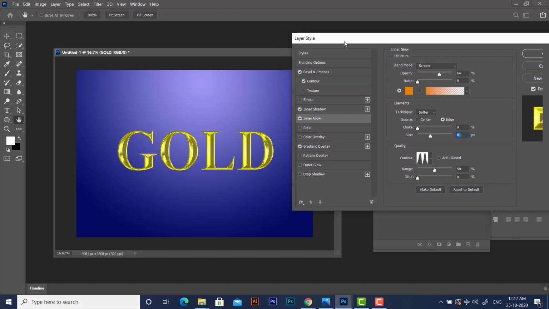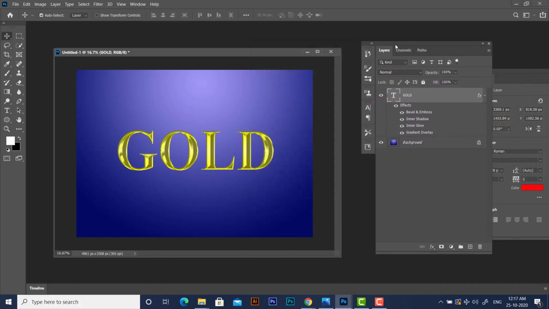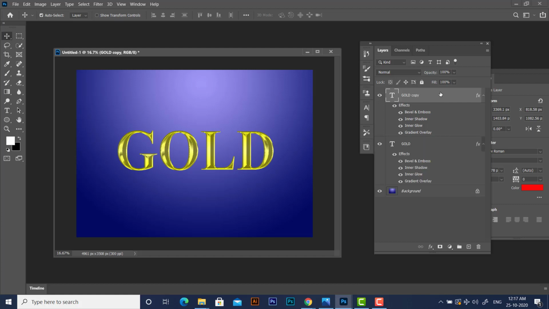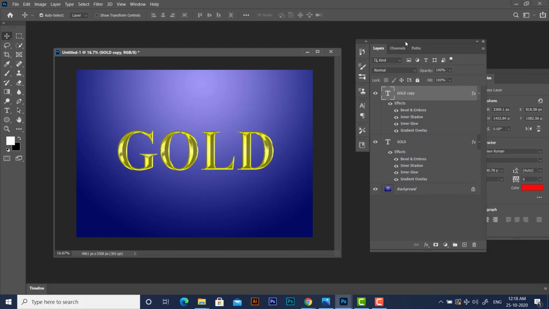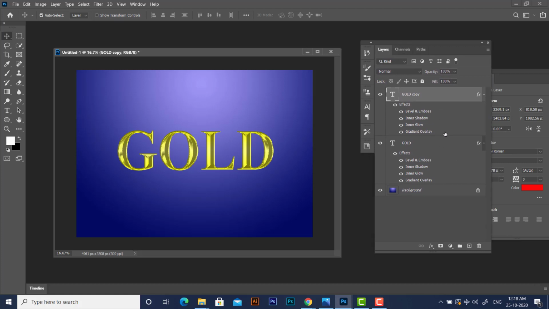So the next step is we are going to create a duplicate of the text. I'm going to just use Ctrl J, and I have taken a copy of the text. Once you have taken a copy of the text, for the bottom I'm going to clear all the effects.